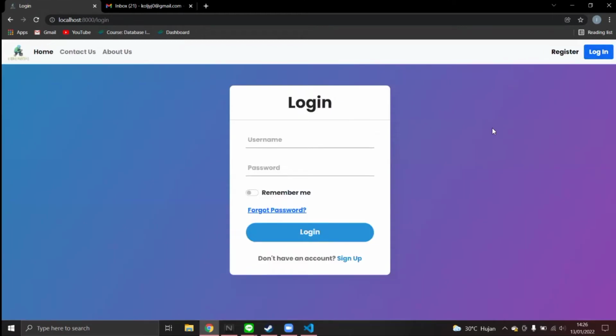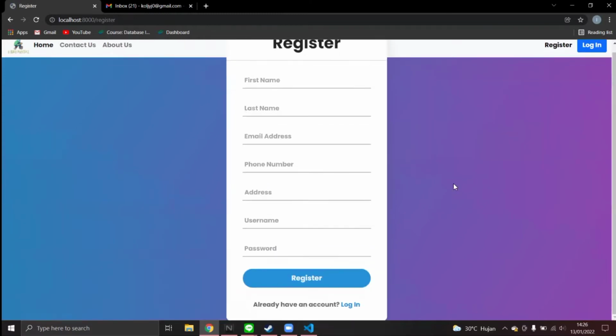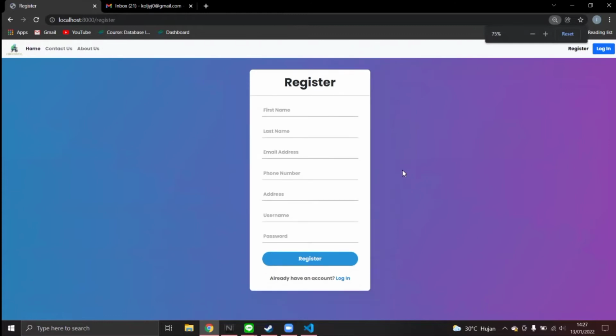Here we have the design of the login page. If you already have an account, you can just fill in your username and password. If you don't have an account, you can first register or sign up. Here you need to fill in your first name, then your